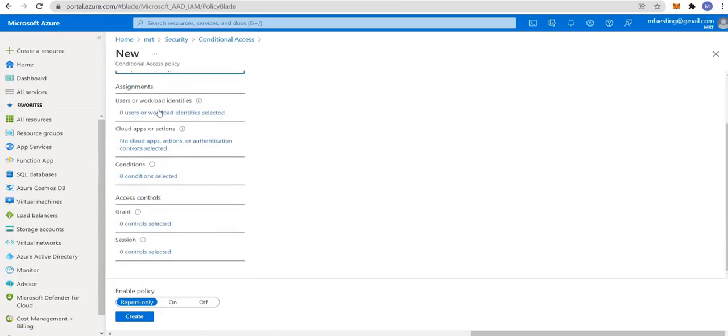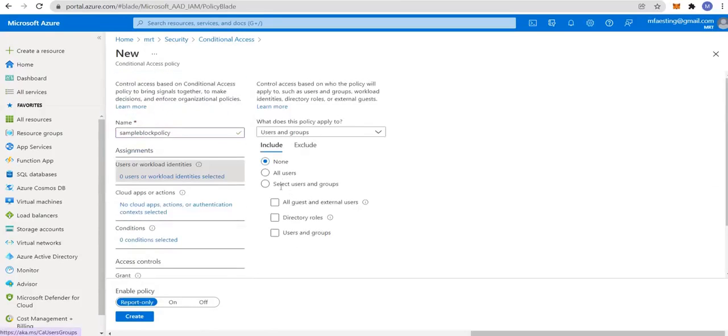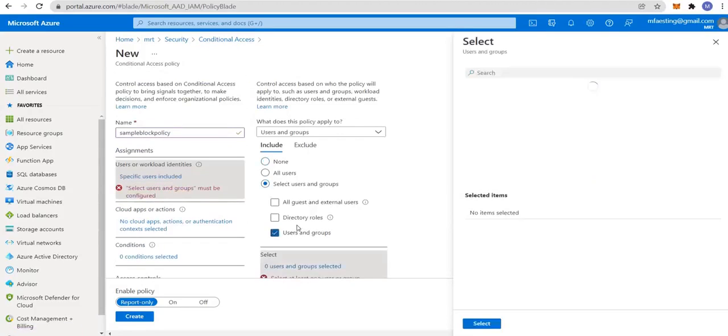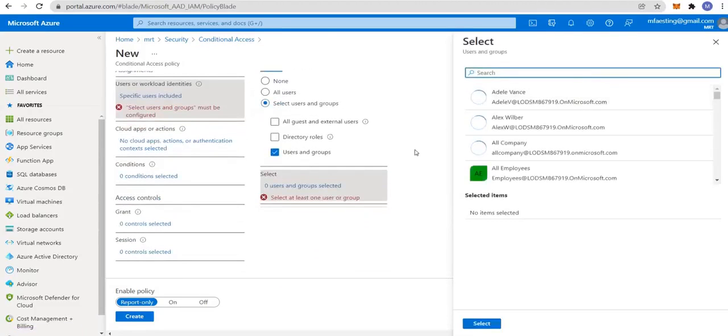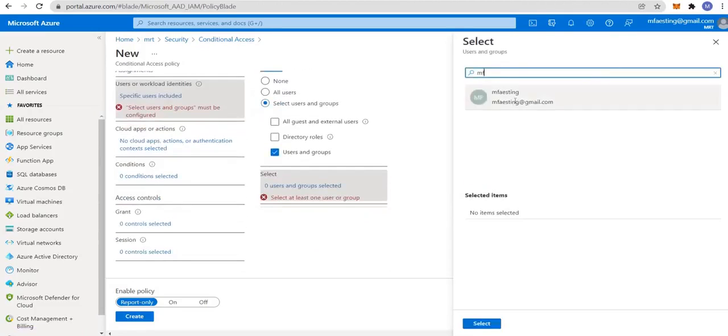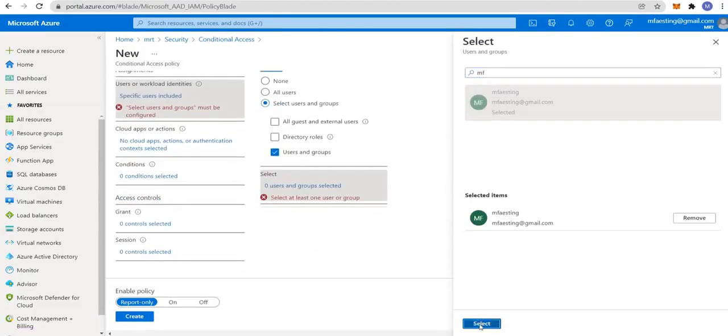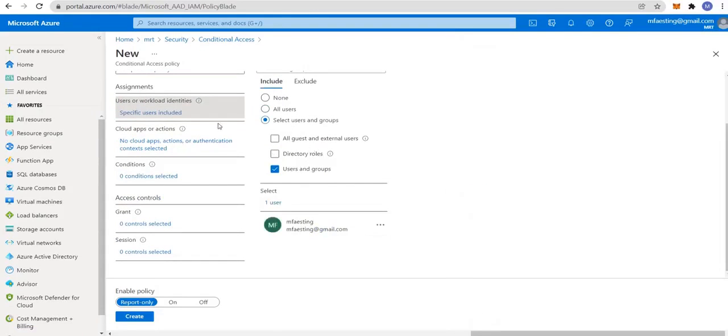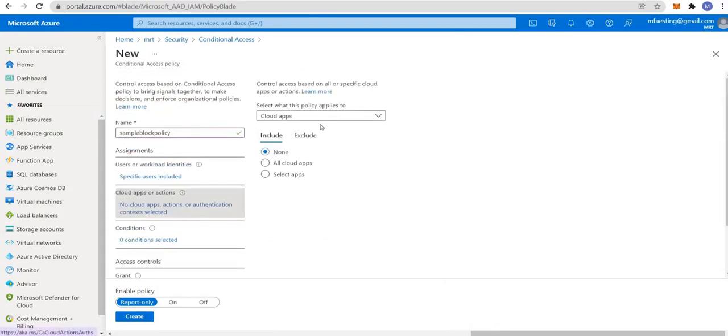And let me select the users. In this case I'll be selecting mine. So let's go ahead and click select. It's got selected, and you have to choose the cloud apps in this case. I'm choosing all the cloud apps,